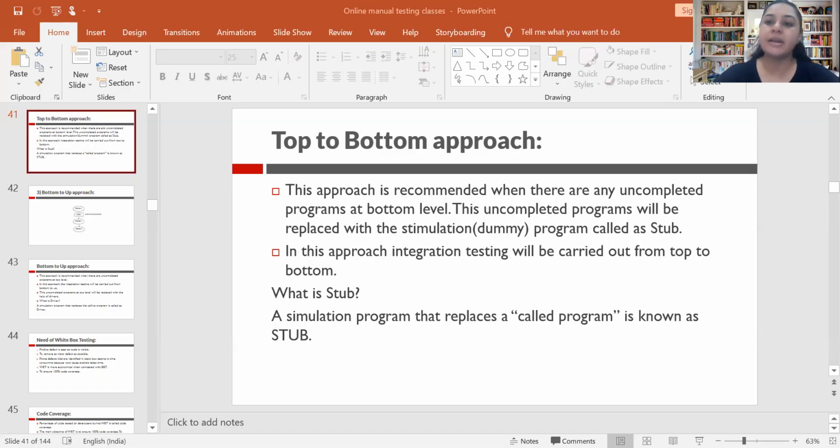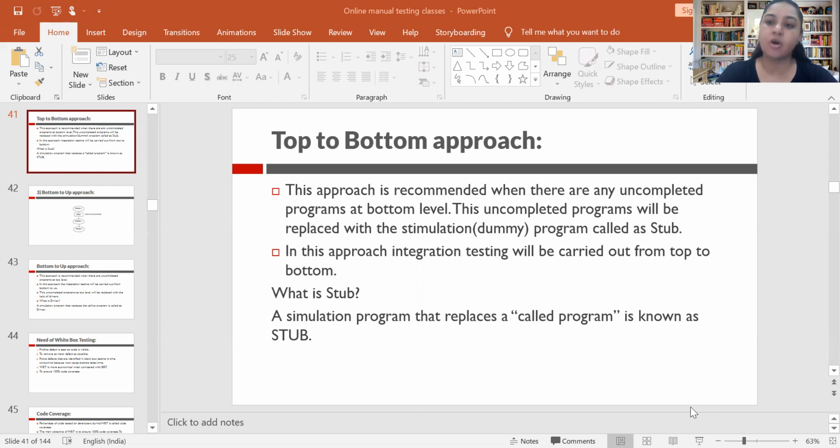Now let's come to the topic: what is called stub and what is called driver? During integration testing, there are some modules or units which are not completed at the time of integration testing. Then we have to replace those units with temporary or dummy programs that are called stub and driver.